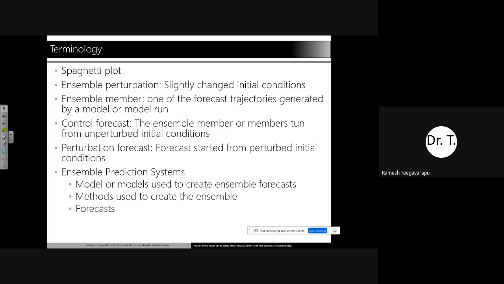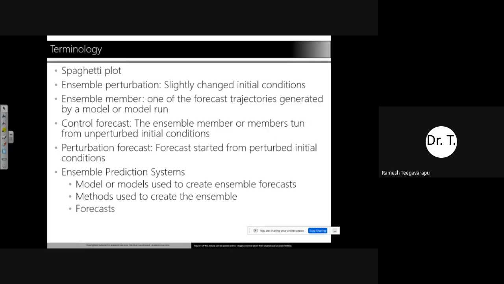So we should know some terminology in ensemble streamflow forecasting. For example, ensemble forecasting in general, it's not streamflow necessarily. Spaghetti plot or ensemble perturbation, where you change the initial conditions. Ensemble member, that is one of the forecast trajectories generated by your model run. Controlled forecast, that is the ensemble member run from unperturbed initial conditions.